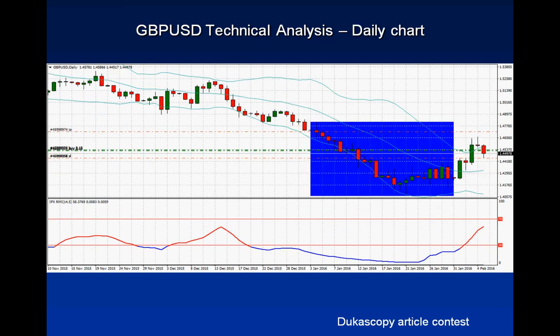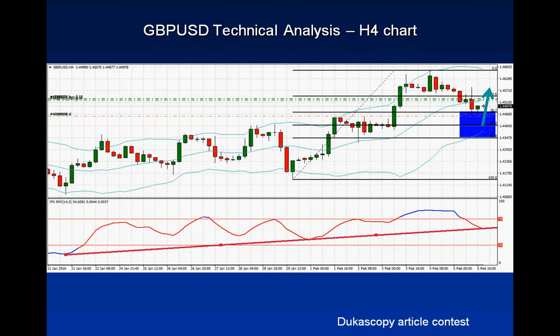British Pound Dollar, cable, is in good shape like Euro Dollar. First, I need to say that we are still in January opening range. We need to go above 1.48 if we want to see more bullish British Pound Dollar gains. But for traders who want to follow this strategy against the dollar, if you want to buy, I want to tell you that level